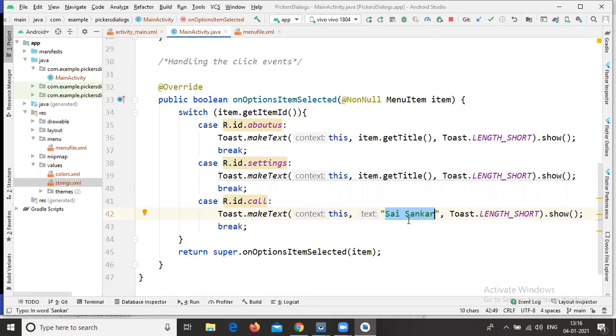In case you are executing this application on 1000 mobiles, and you write it like this, I'm getting only this name on all 1000 mobiles. But if you use the dynamic way, take the example of a weather report. For 1000 mobiles in 1000 locations, the weather report is different in each location.